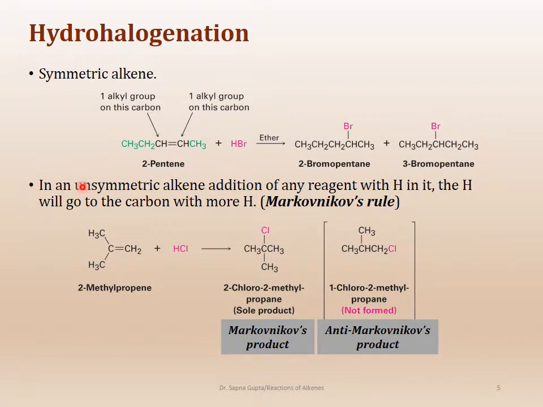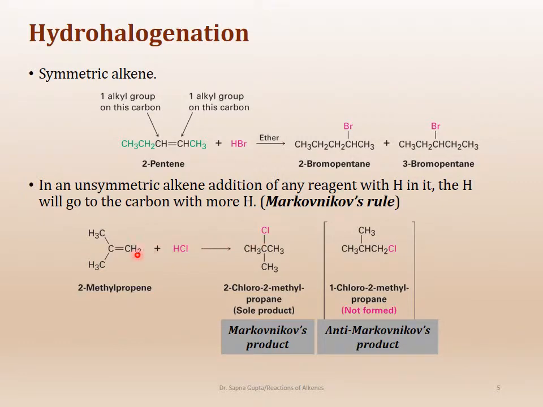However, when we go towards the unsymmetric alkene, now things are going to be slightly different, okay? In case of asymmetric alkenes, we follow what is called Markovnikov's rule, and obviously Markovnikov was the one who came up with this. And what he found is that if you take an asymmetric alkene, so for example 2-methylpropene, where one carbon has 2 hydrogens and the other carbon has 2 carbons in it, then if you add HCl, then